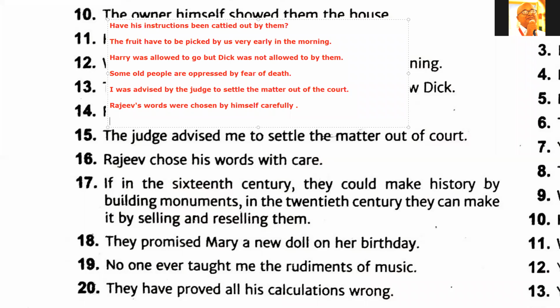Now, what is the passive? For that you have to identify what the objects are. So here the object is monuments. Oh, sorry. They could make history. So here the object is history. So the passive would be: history could be made in the 16th century